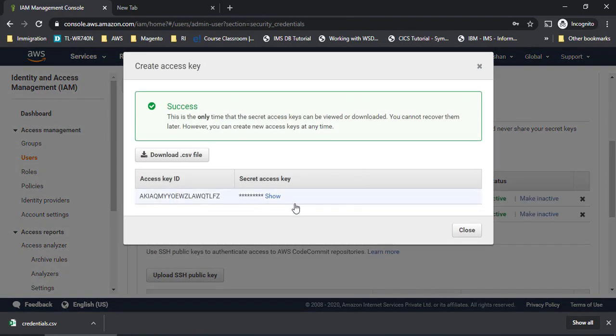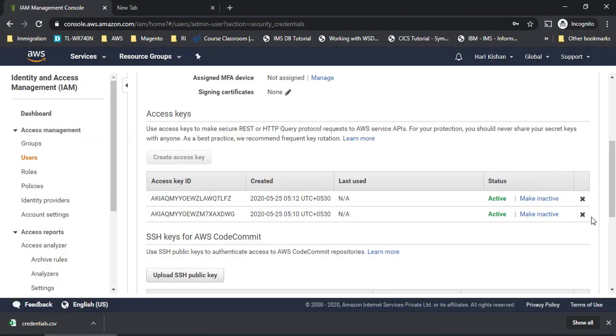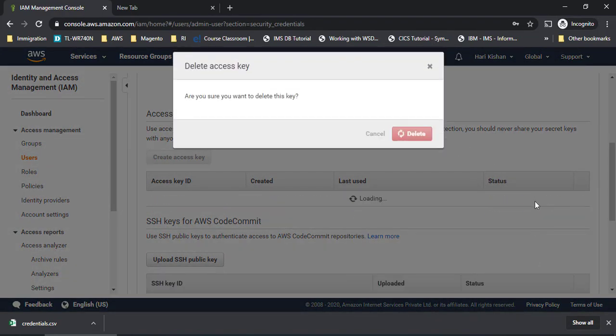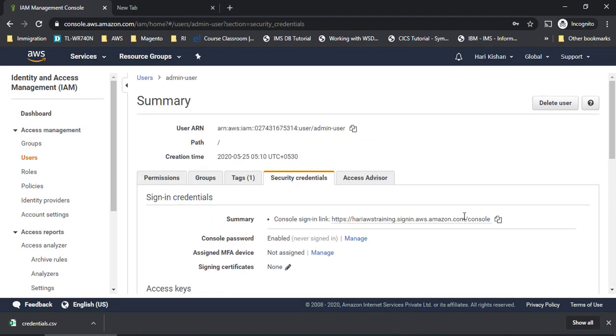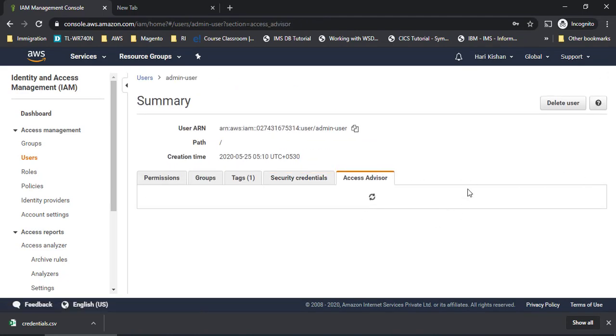That way you can see this secret access key which we have seen at the time of creation. So for now I'll click on close. I'll make it inactive. Okay, this I don't want, I'll delete it. And there are a few other options which we are going to discuss later. For now I don't need to worry about it much.